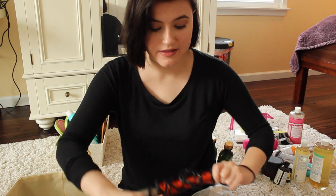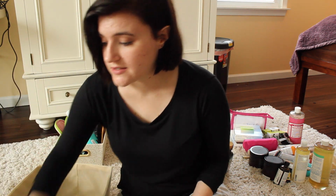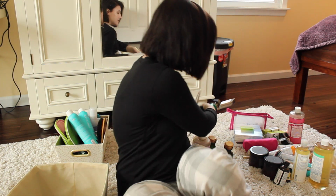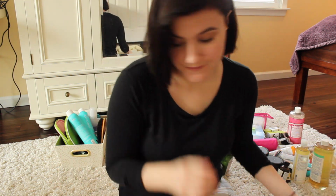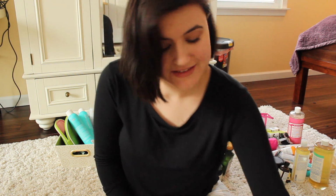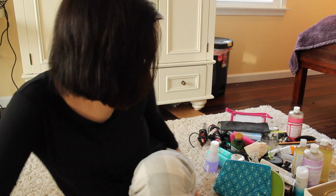I went from having this entire basket filled to just keeping these 3. So that's pretty good. I'm going to put these in the keep pile and I'm going to use this for something else. Oh, also a plastic bag. And then a hairbrush that I'm also keeping. But that's it. I went through all of it